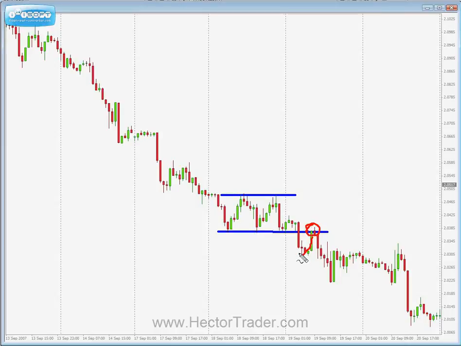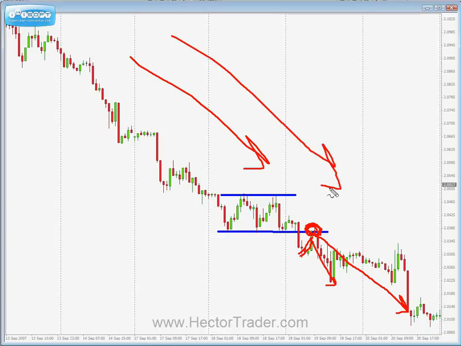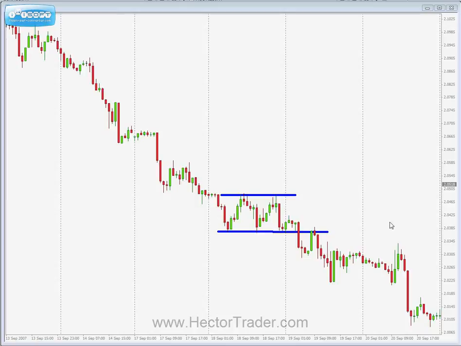Like I was saying, price retraces back, more people and more traders, just as yourself, see a second chance to profit from this downtrend, and they enter short and therefore push price for a whole new move, okay, to the downside, in the direction as usual of the main trend, okay. In that case,